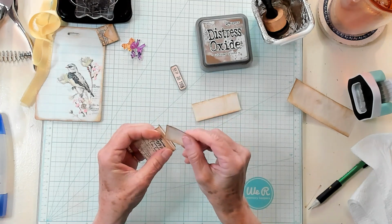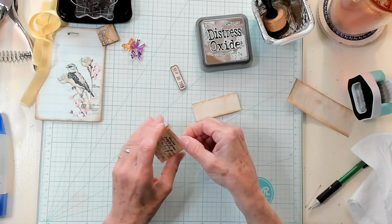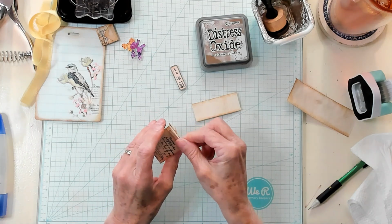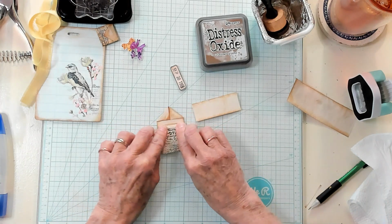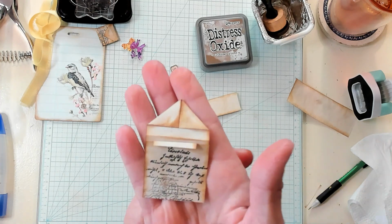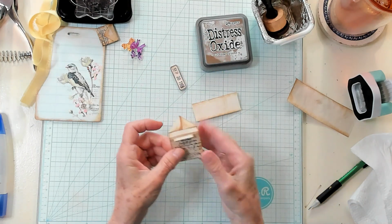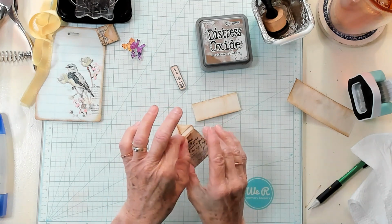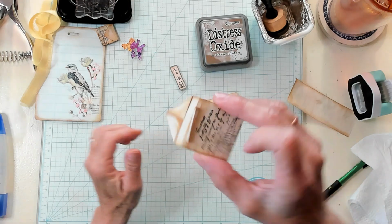I place it inside and I bend it down. I bend it just a little. Otherwise, I have a problem getting this paper out of this tiny, tiny envelope. I have difficulty getting it out. So I just bend it over, and then that way you have a little bit of a flap to pull